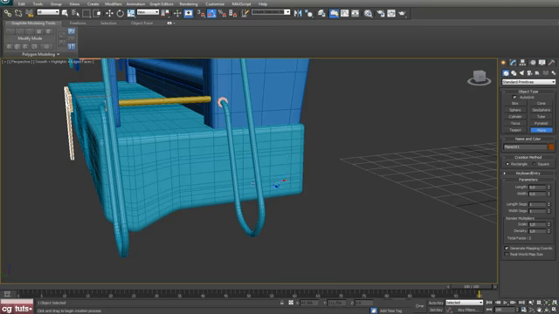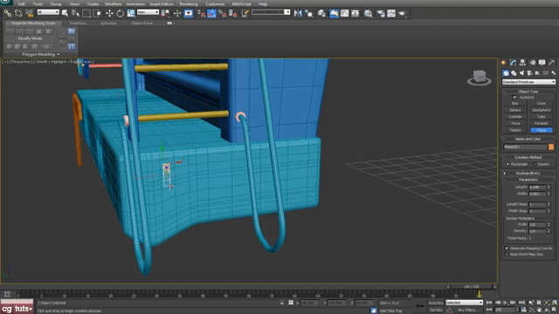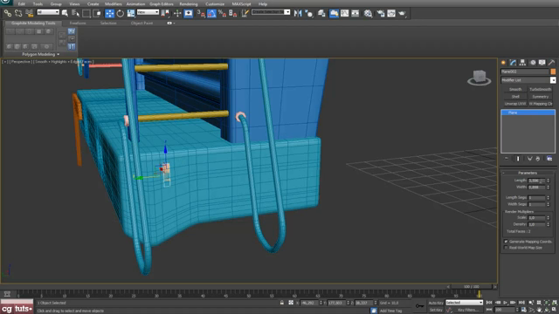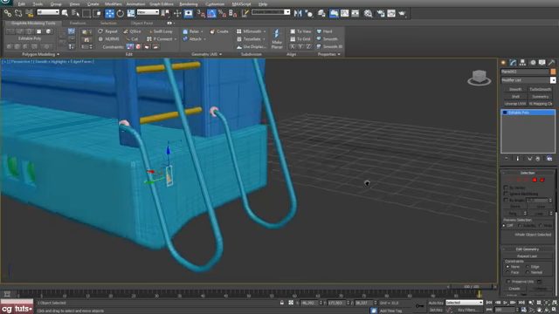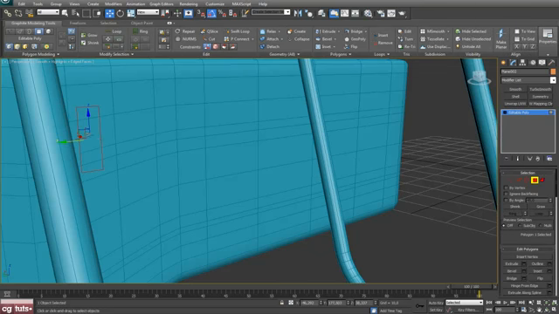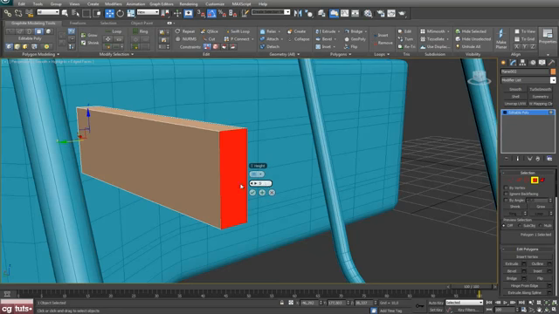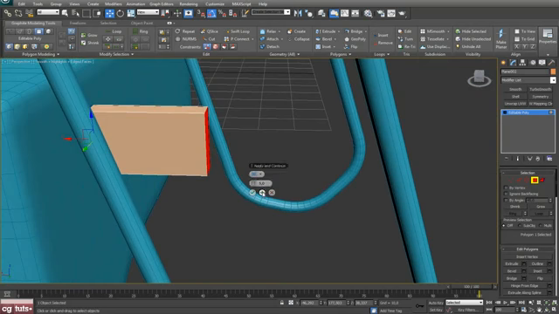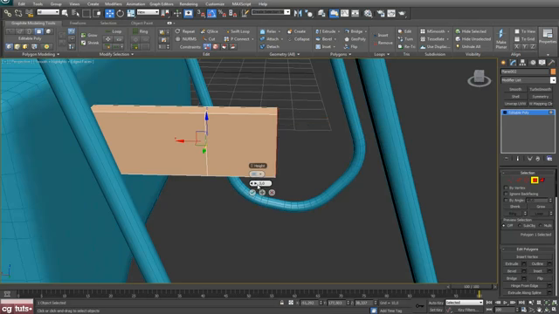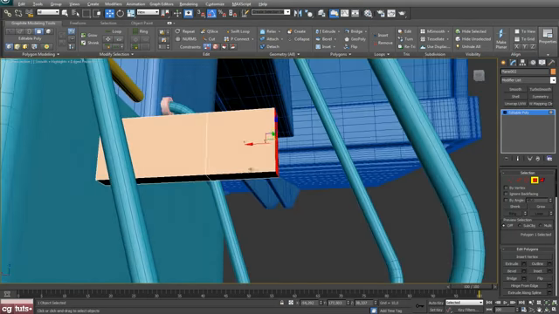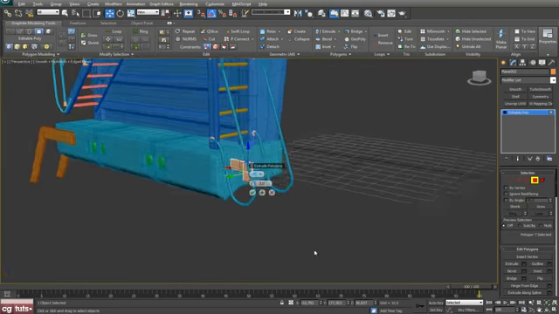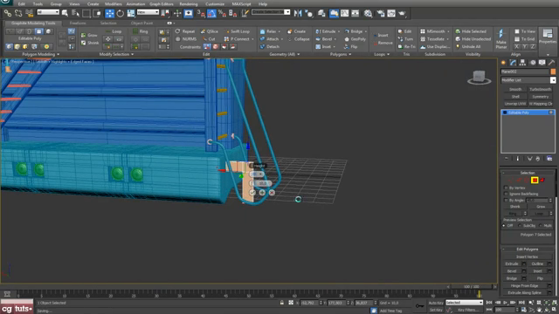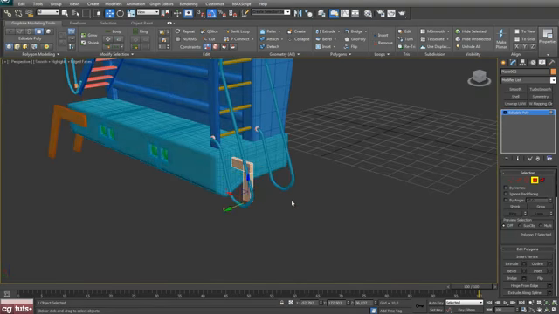So again, same story, select a plane, okay, and length 3 and width 1, okay, and convert that to editable poly and select this polygon and hit extrude. 5 will be okay, I guess, and hit apply and continue and make that 3 now and hit OK, and now select this guy, hit extrude and make that 10, hit OK,